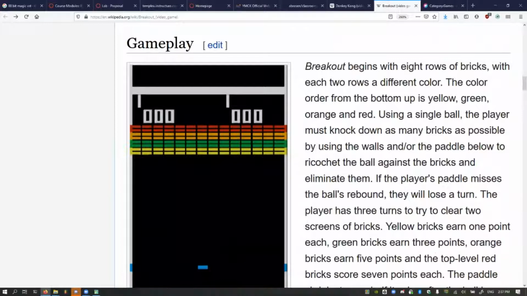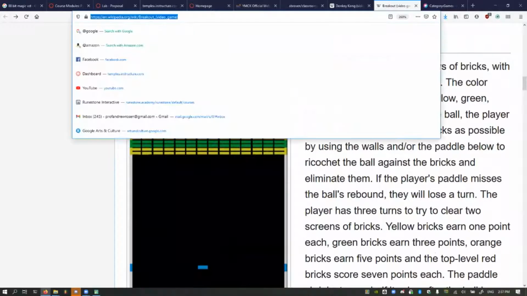Now, another kind of game, if you're doing like the web track or the iOS track or any other kind of track, one kind of game